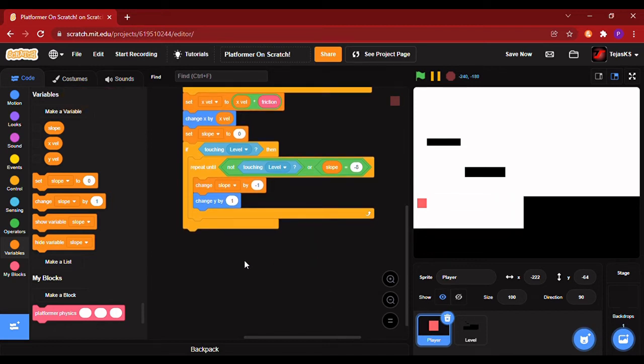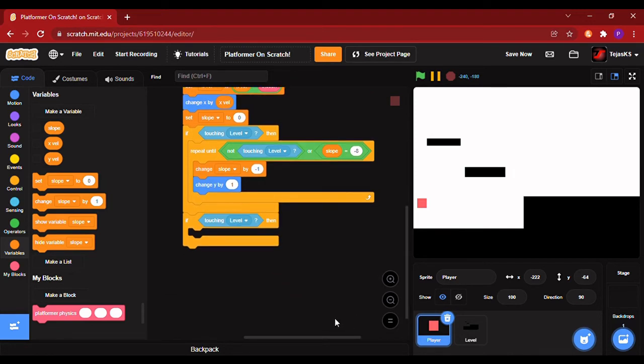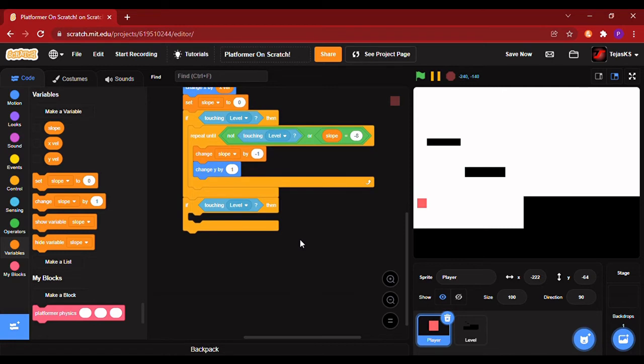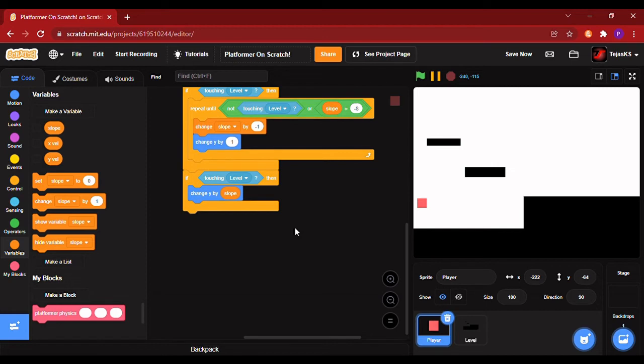Now get another if touching level. If we are touching level, then change y by slope, and then after that we will put repeat until not touching level.